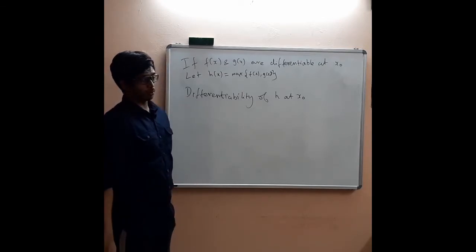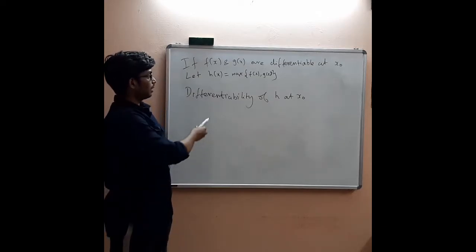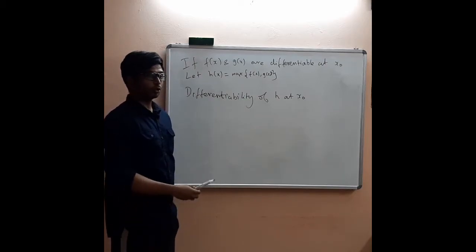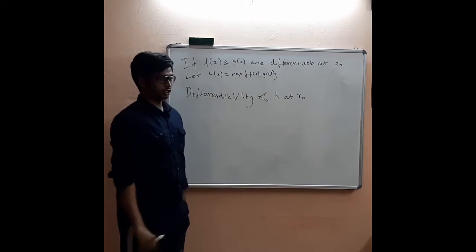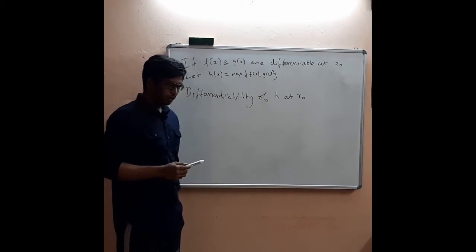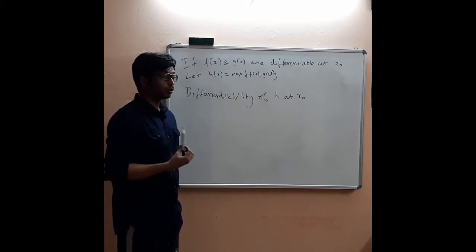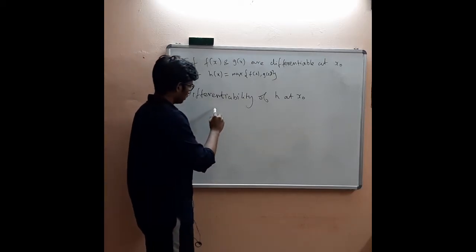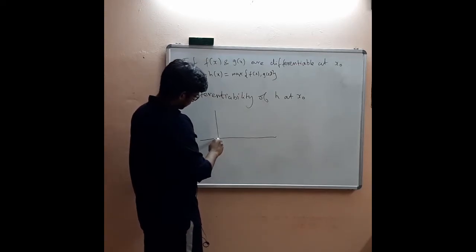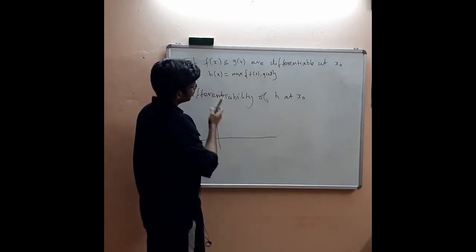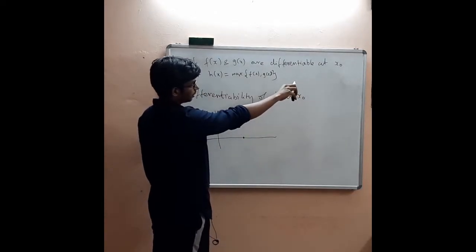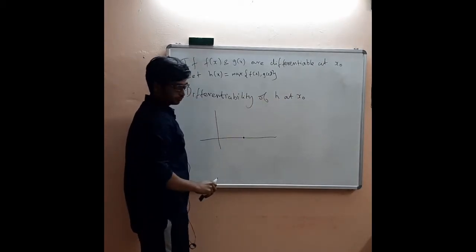So how are you going to approach this problem? We don't have any formula for f or g, so we don't have a formula for h. How can we talk about the differentiability of h? This is where you use some diagrams to help you tackle this problem. Let's think about it. Let this be the point x naught because we are interested in the differentiability of h at x naught.